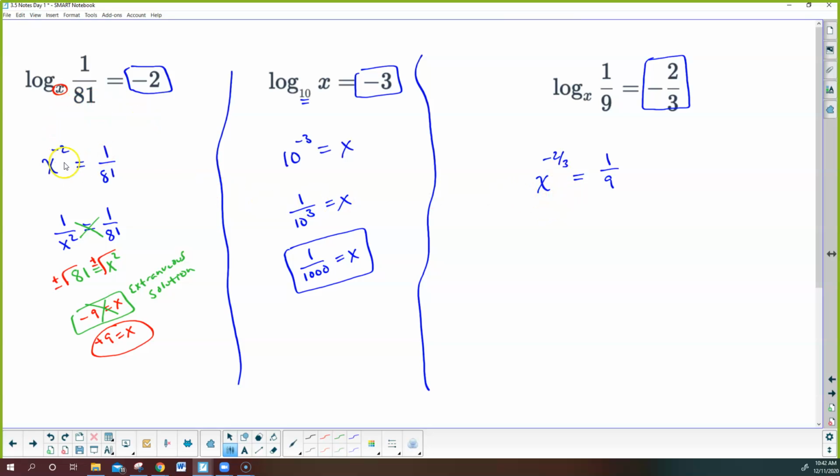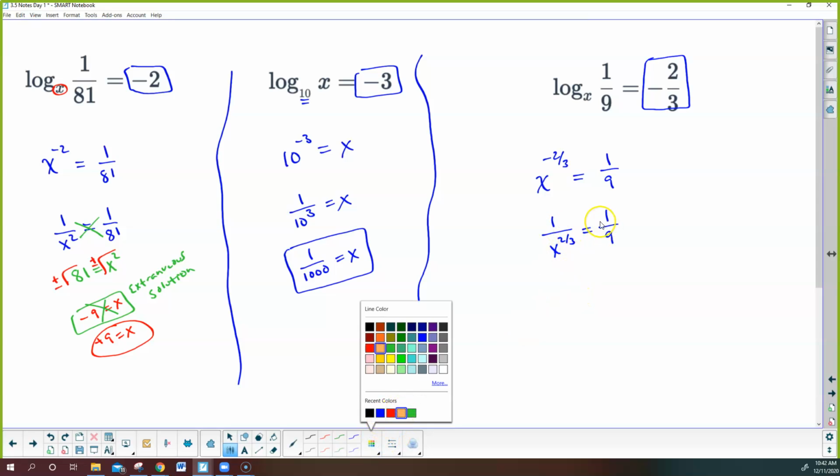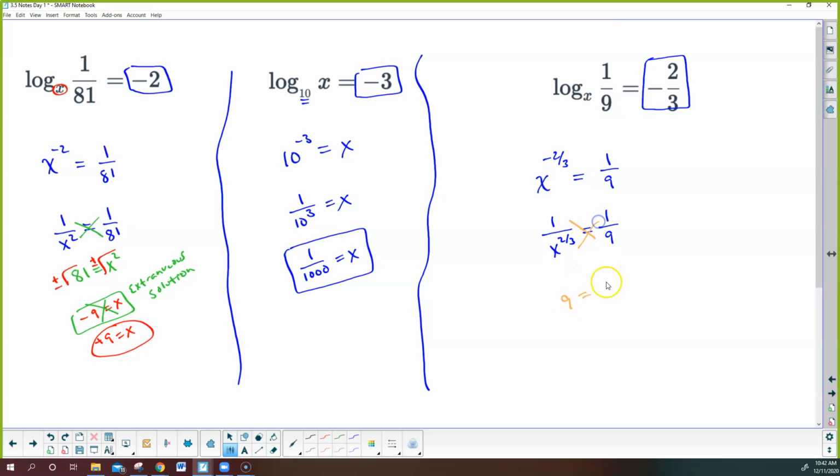I'm going to take the same approach we did with the first problem. I'm going to use that negative and rewrite it to the 2/3 power, and then set up cross multiplying. Right? Because 1 times 9 is 9, 1 times x to the 2/3,